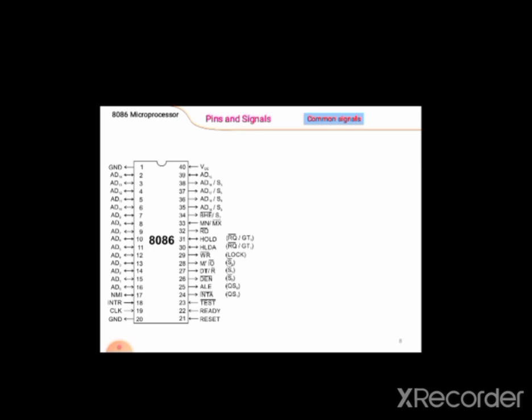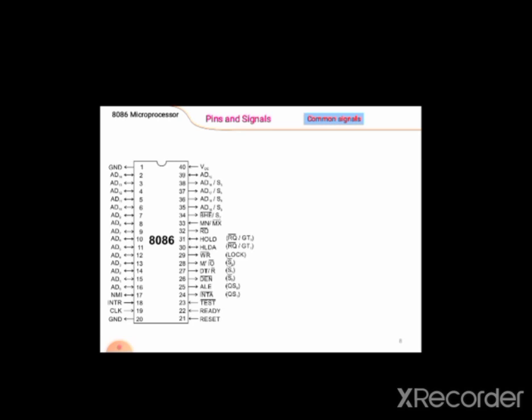Means on AD0 to AD15, first they set the address for a particular command, and in the next time period they carry data. Means the same lines are used for accessing the address as well as setting data, right?